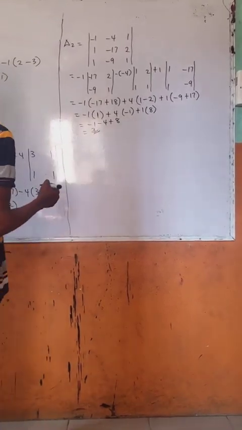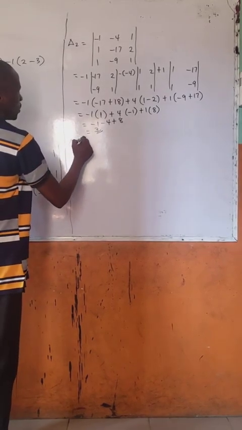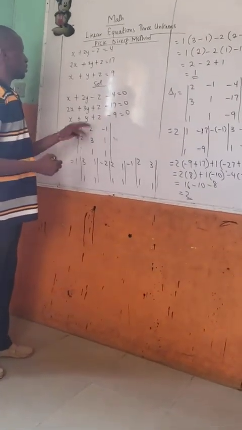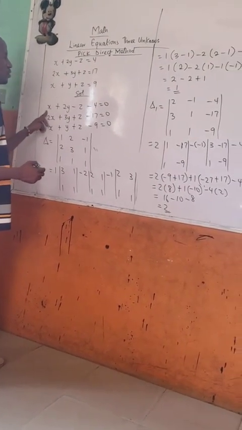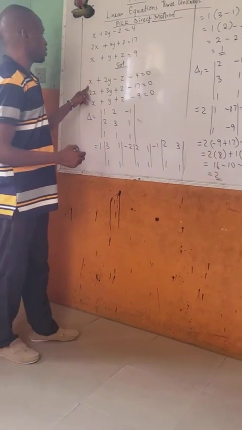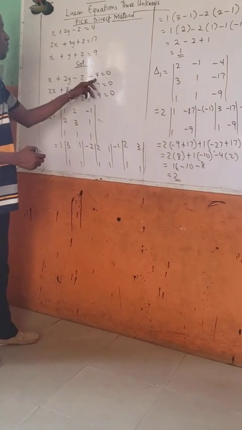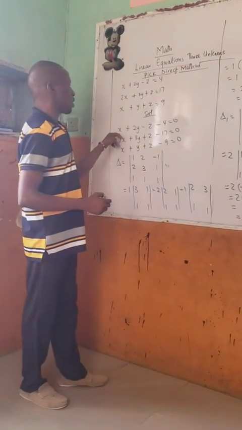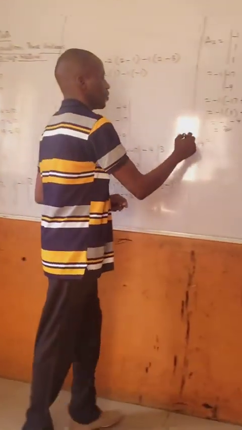So let's find our delta 3 now. That's the change 3. Now, we've solved our delta 2 by picking the third, the fourth, and first column coefficients. Now, let's find our change in 3. That's delta 3. We are going to pick the fourth column coefficients, the first column coefficients, and the second column coefficients. So from here we have